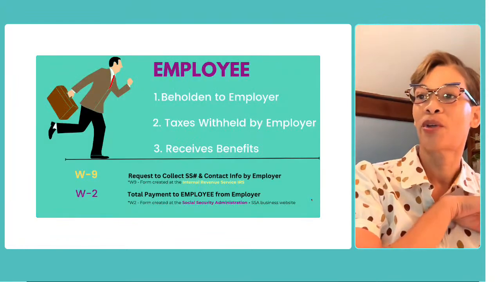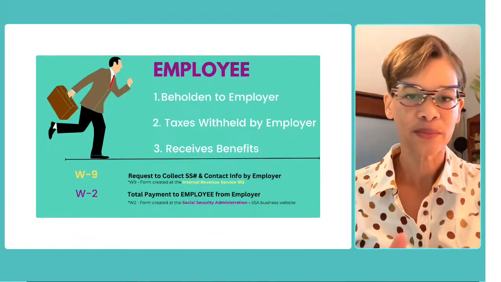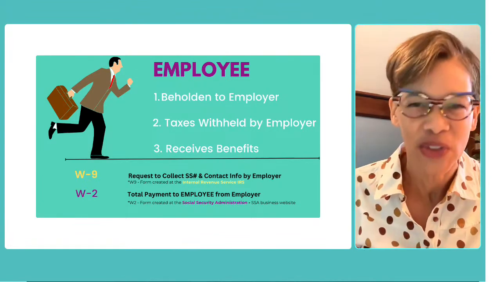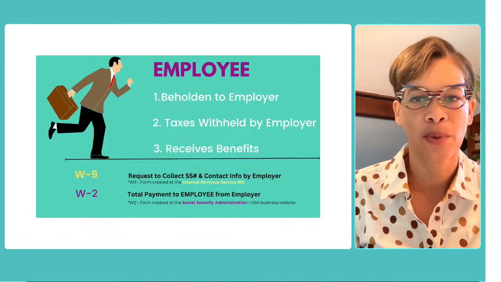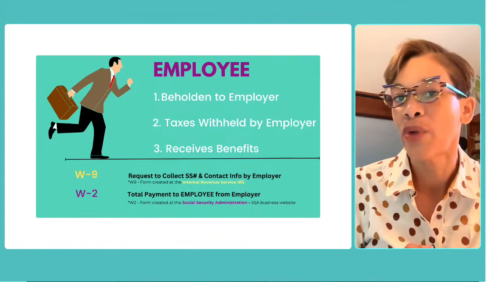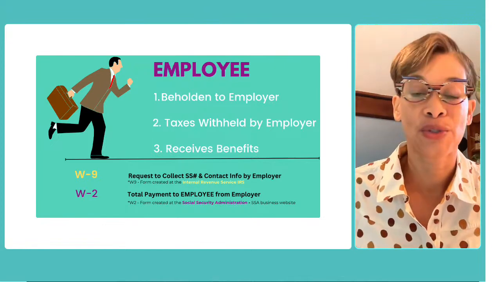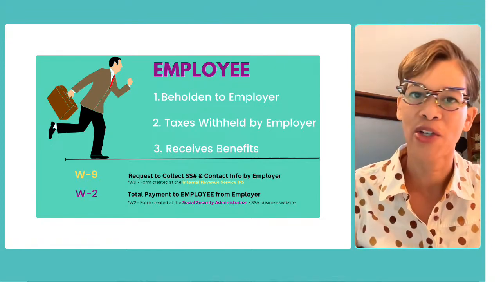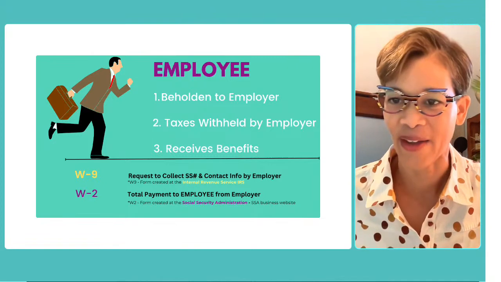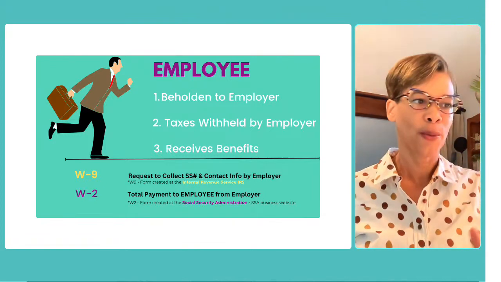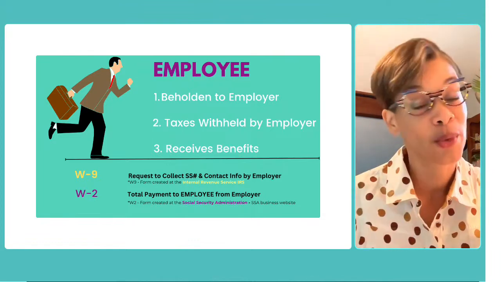Now, onward. So what is an employee? Number one, three key distinctions. You're beholden to an employer. Many employers do not want you to work for someone else. I remember when I worked in banking many years ago in New York City, when I signed my contract, it said you cannot work for another bank. You cannot go and work for anybody else while you're working for us. So you're pretty much, as I said, the word is really beholden.